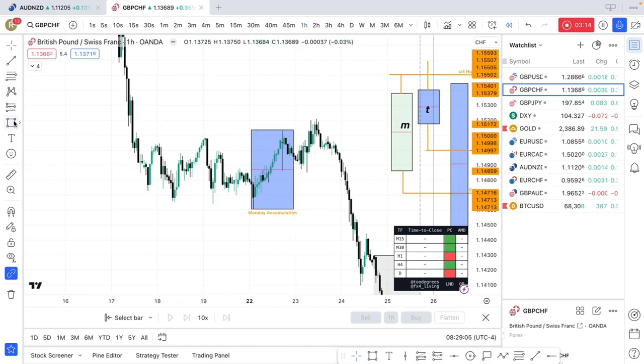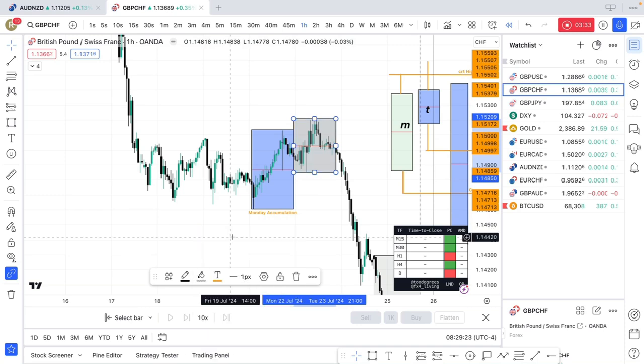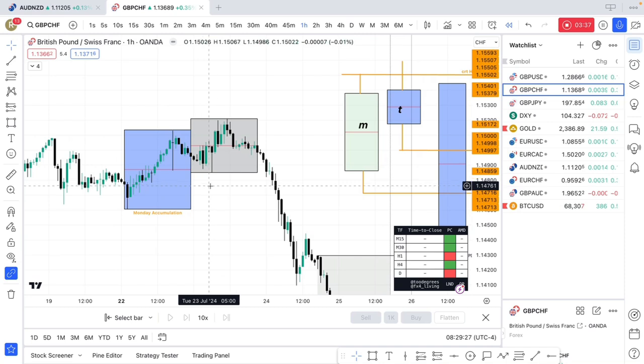And then we're going to look for Tuesday for the manipulation. This Tuesday for manipulation. Let's see what happens around the 8